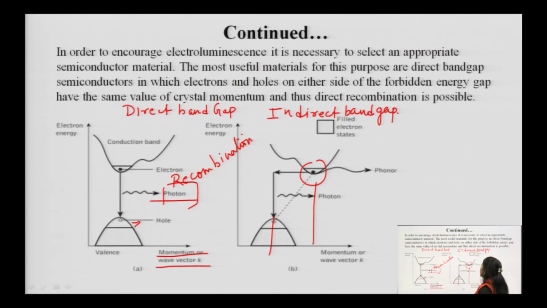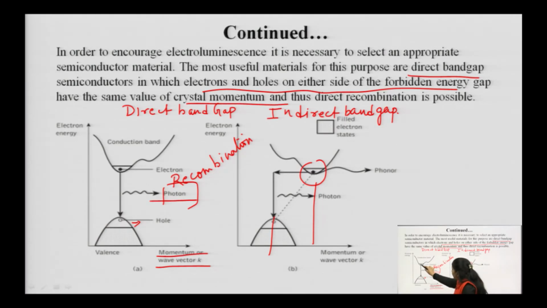In order to increase electroluminescence, it is necessary to select the appropriate semiconductor material. The most useful materials for this purpose are direct band gap semiconductors, in which electrons and holes on either side of the forbidden energy gap have the same value of crystal momentum, and thus direct recombination is possible. So, this is the difference why we can't use indirect band gap semiconductors for the fabrication of